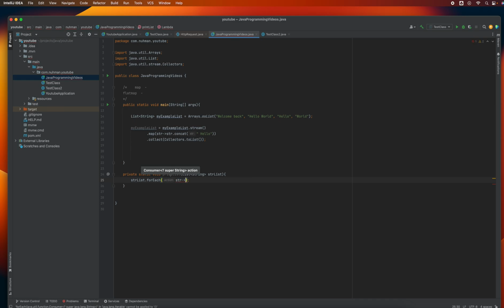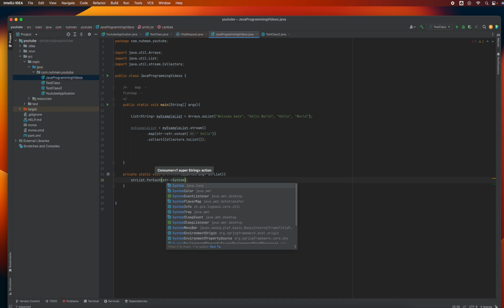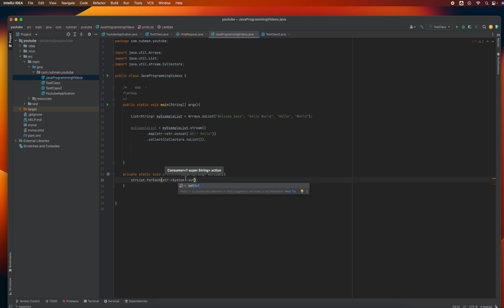Str, because we have so many short keys that we can use here. But right now, void is not a functional interface. Okay,